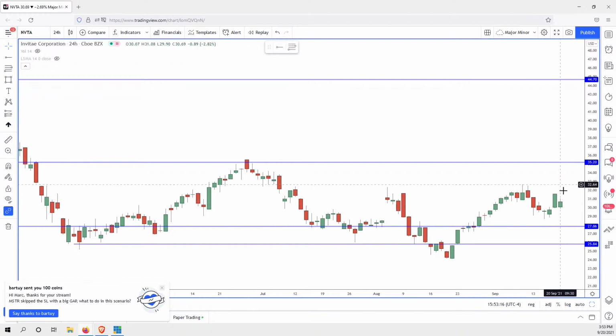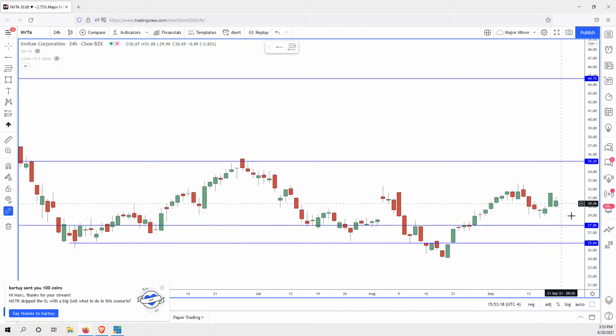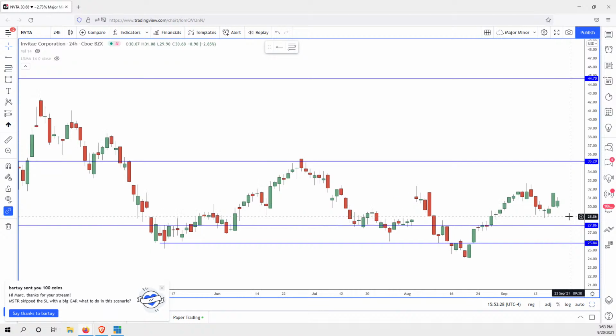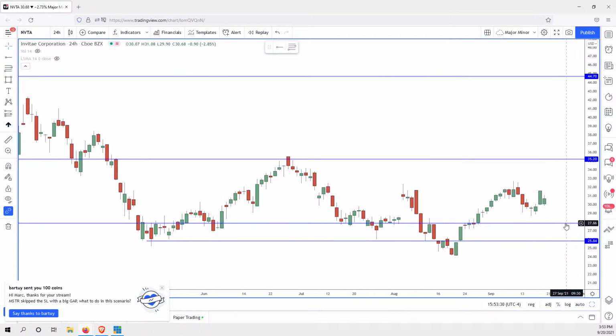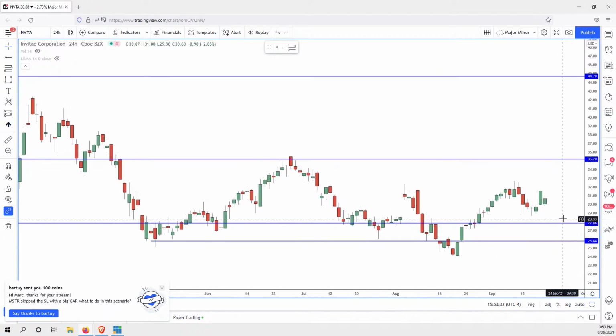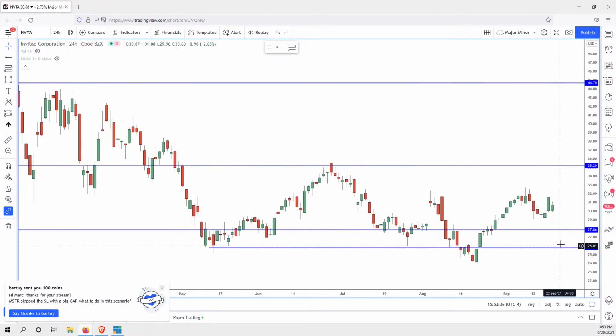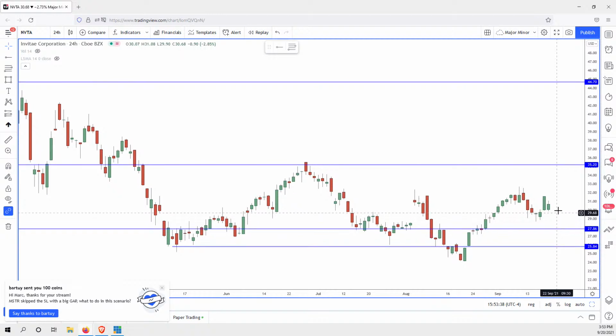So based on the situation the way it is right now, I would wait for something like this to give me a slightly better price. Maybe you can get a retest of the 28.89 area and give you a little mini double bottom. That would be ideal. Maybe it goes slightly lower, into a more attractive area, and gives you a reversal. Keep in mind, there's no trend here. This is a consolidation. So in these situations, because we're fooling around with a lot of random price action here,